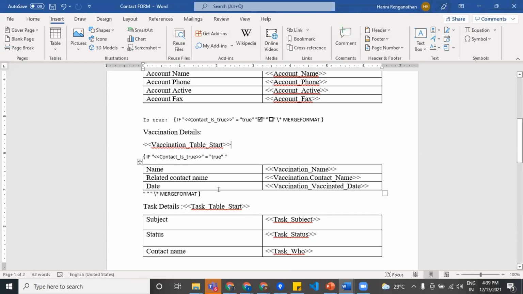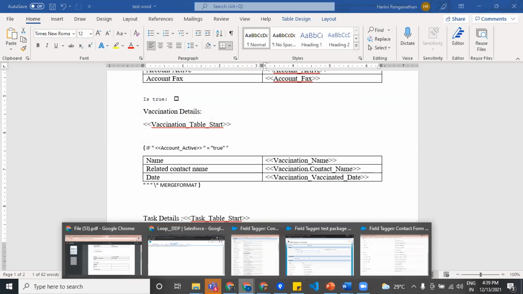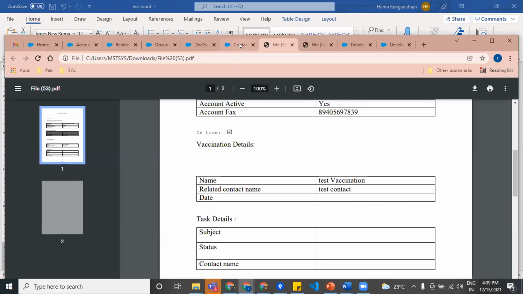Why this table? I have given this condition, where contact is true, which is another field that we have already chosen, and I'm going to give it as true. If that is checked, then this field will appear. If it is unchecked in Salesforce, it will never show this field at all. And in this part, there is one space between the double quotes, which is going to be the false part, so it will be empty. I can show a quick demo on that for better understanding.